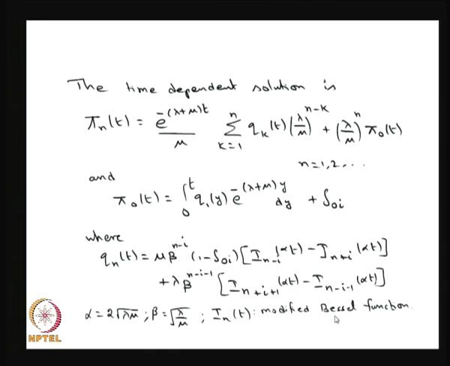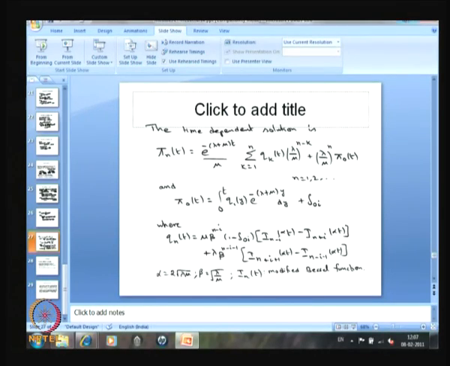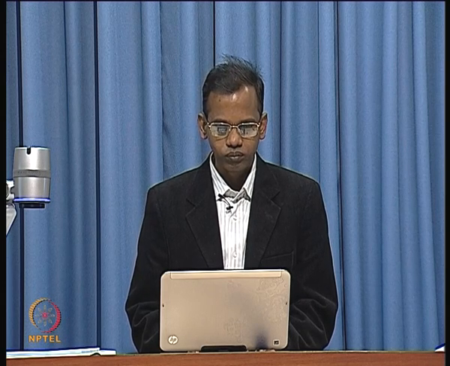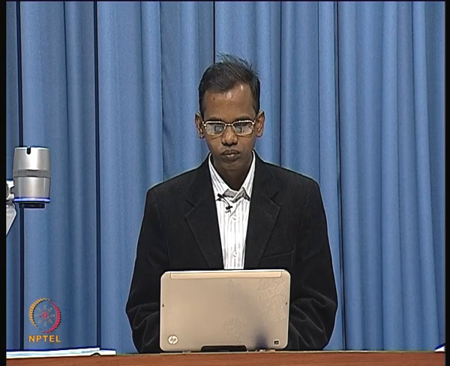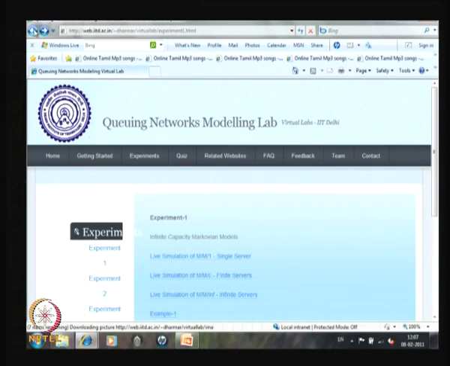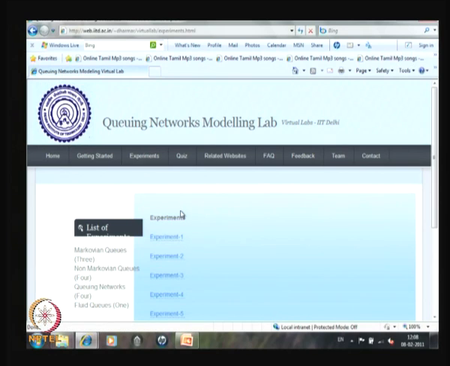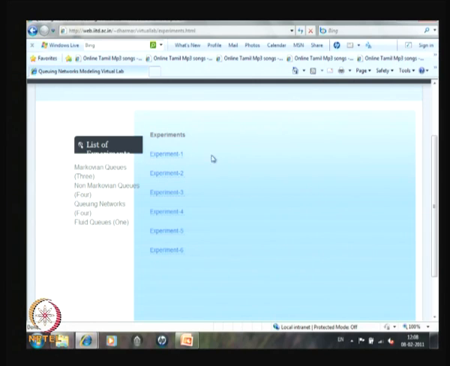Before I go to the summary, let me give the simulation of a MM1Q. This is a queuing network modeling lab. In this queuing network modeling lab, one can simulate queuing network models. Here I am going to explain how to simulate the MM1Q, and the first experiment is nothing but